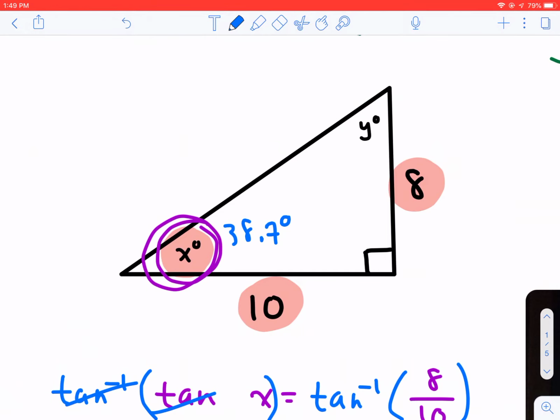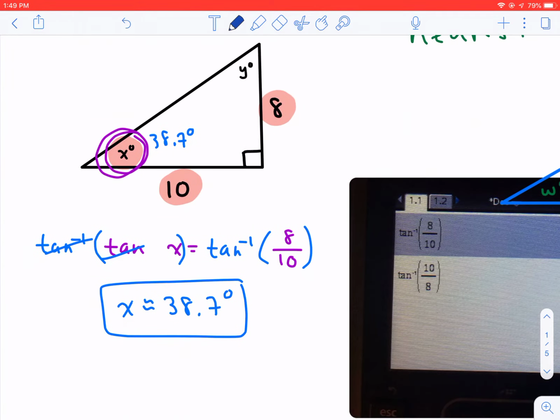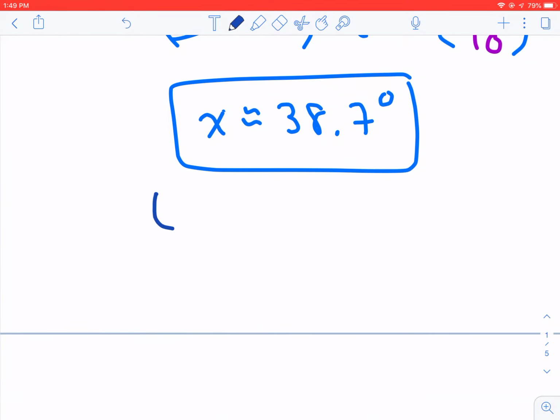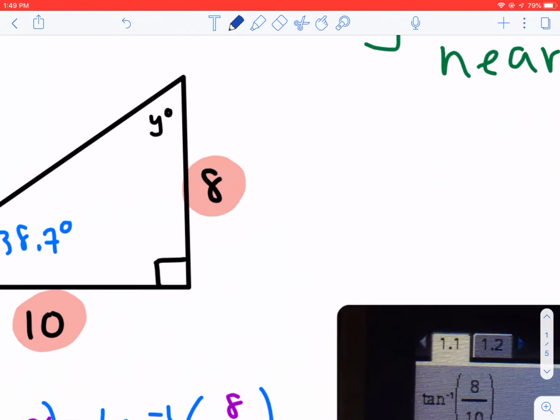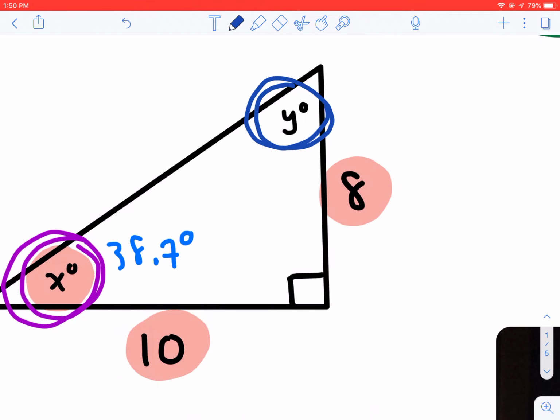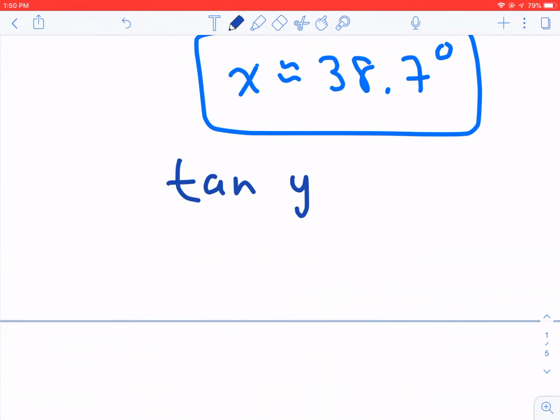by subtracting or adding up the angles to make it equal 180. Right, but let's do tangent of y also, right? And the reason I'm doing tangent again is if I'm looking for angle y, I have the opposite side to angle y and the adjacent side to angle y. So opposite over adjacent here is 10 over 8. So the tangent of this angle y gives us a ratio of opposite to adjacent of 10 to 8, or